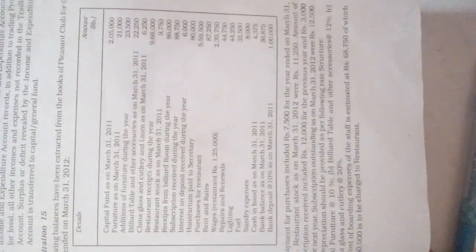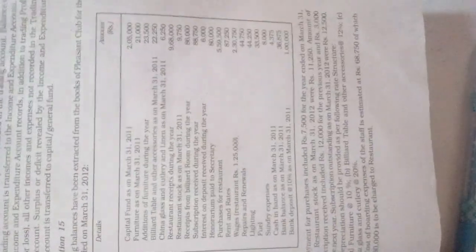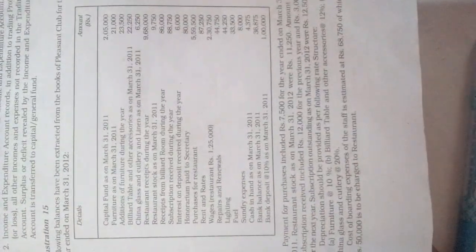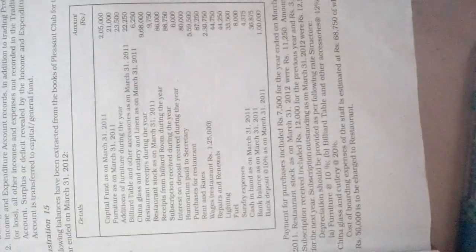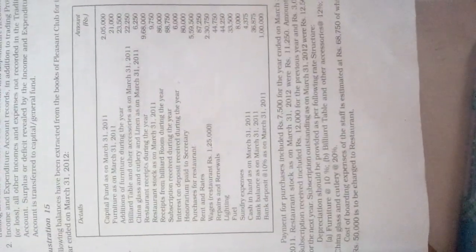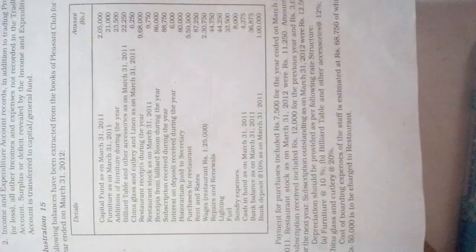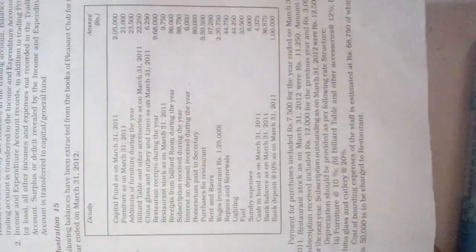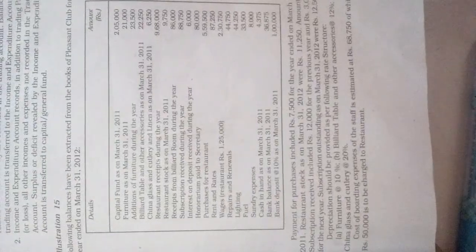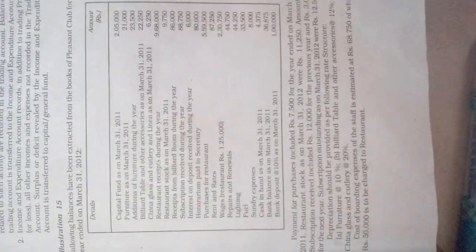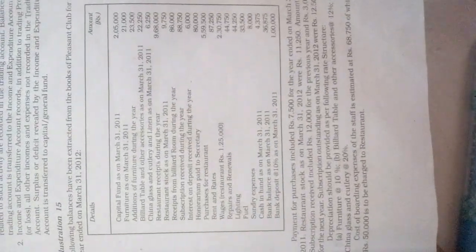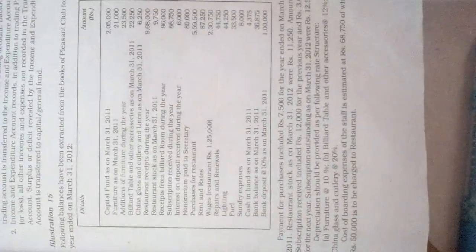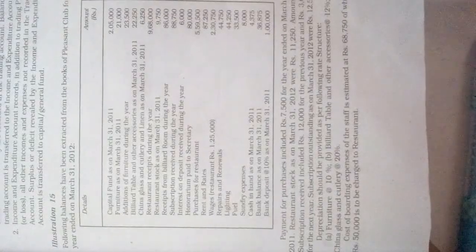Addition of furniture during the year. Whatever additional purchases there are will be recorded under the payment side of the receipt and payment account. Then it will be recorded under the asset side. We need to add this, right? Billiard table means this is one asset for the sports club. Billiard table is used in the snooker game, you know, right? For this particular game they use this billiard table, and this one is also an asset, recorded under the asset side.